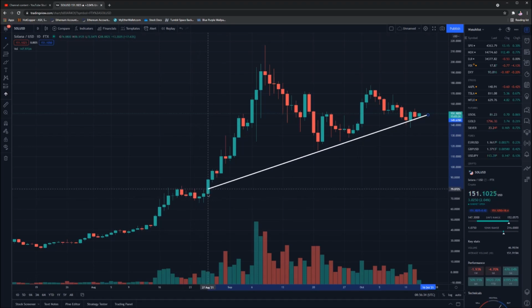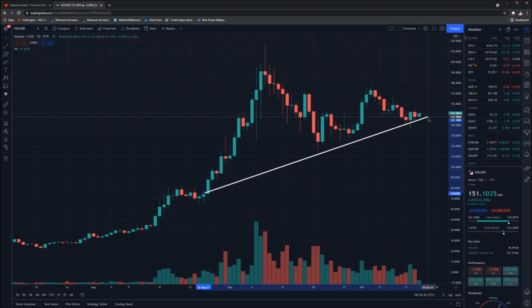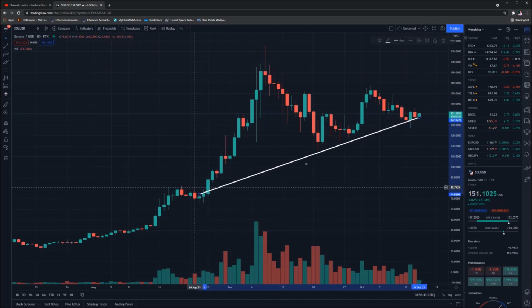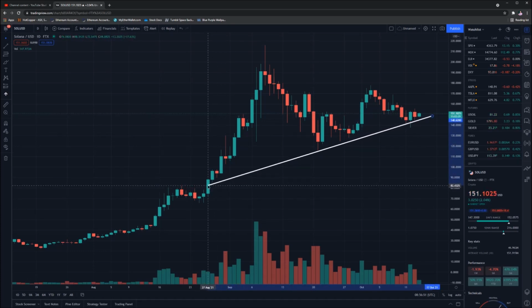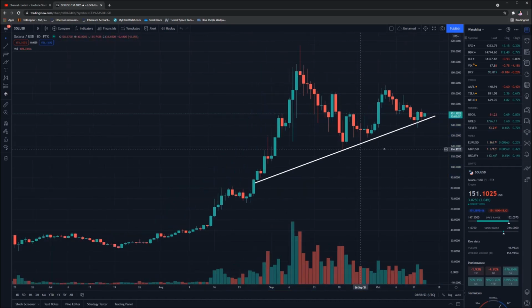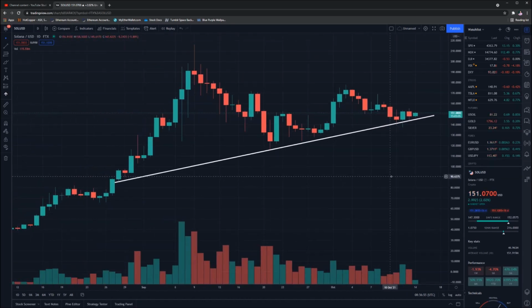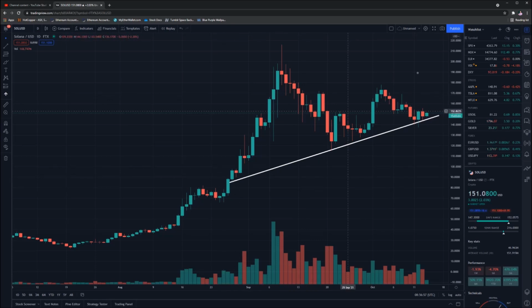I'd suggest putting it about there. We really want that touch point in at the top, so I'm going to start from here, grab it, and chuck it down there. You can see we've had a couple of little bounces off that point. That was the bottom of our channel last time, and before I did have a top end of the channel,